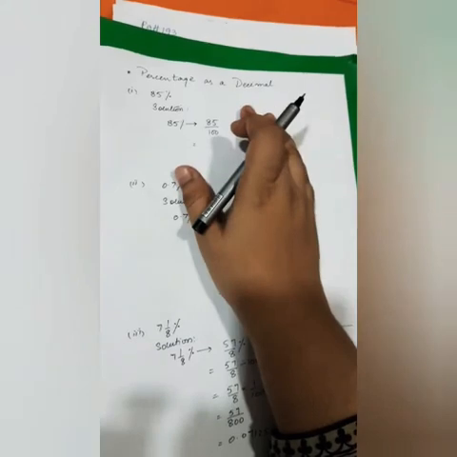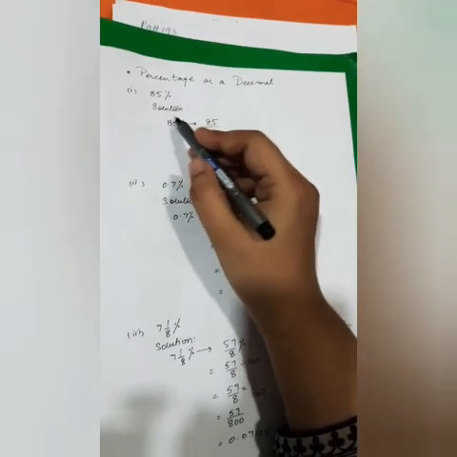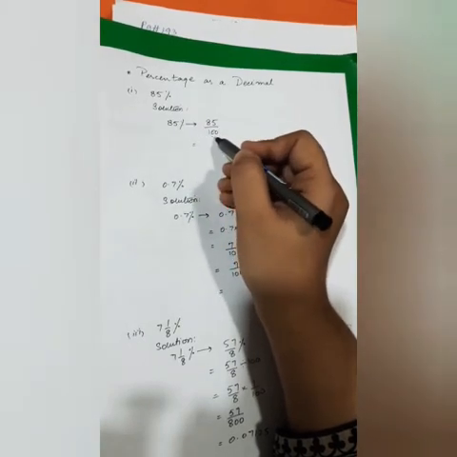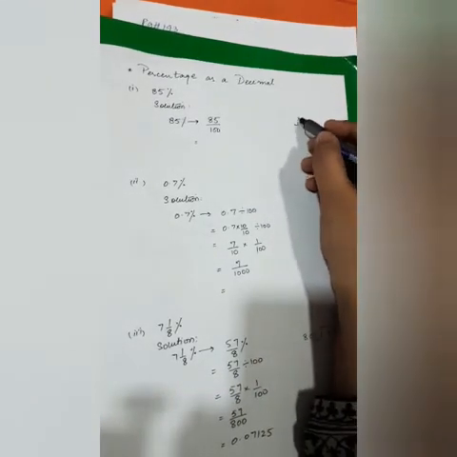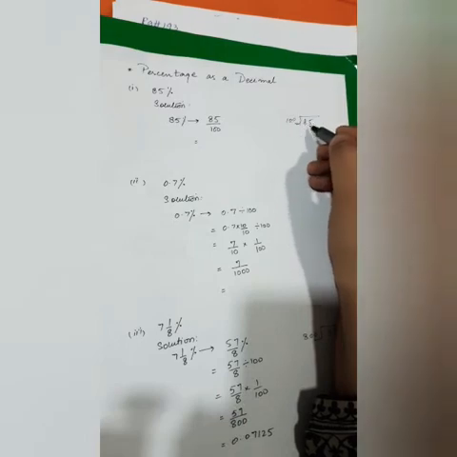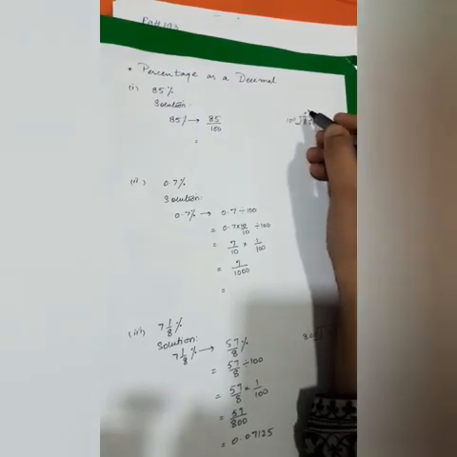Now let's see the other part, which is percentage as a decimal. In this situation we are going to change our answer into a decimal. Now 85%, 85 divided by 100. I have removed my percentage sign and divided my number by 100. Now what will be the division? 85 doesn't come in the 100 times table, so I have to put the point here and 0 over here.